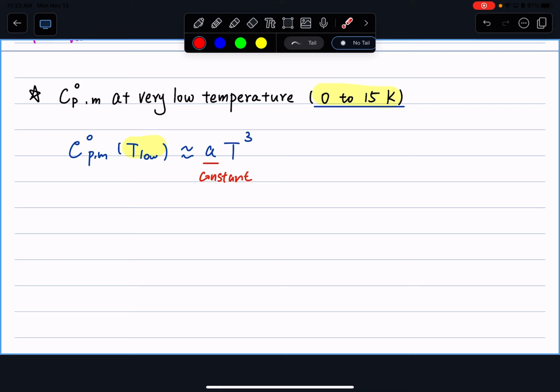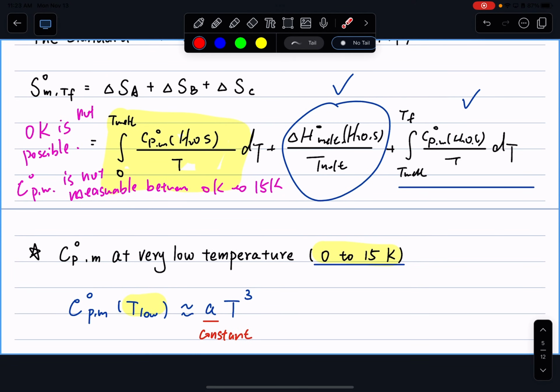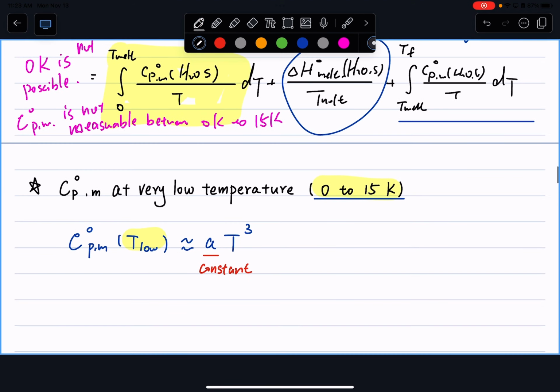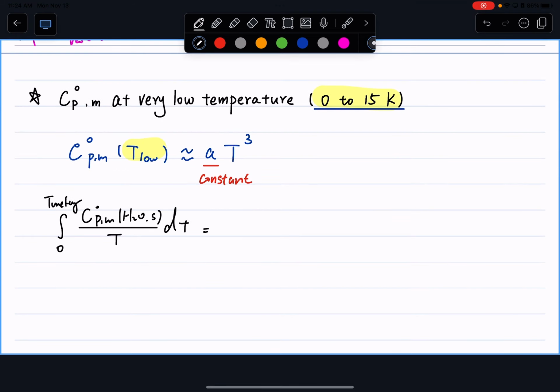With this relationship in hand, we can further split our first integral, the 0 to T melting of your heat capacity over T, into two parts. From 0 to 15 Kelvin it equals the integral of A T cubed over T dT,